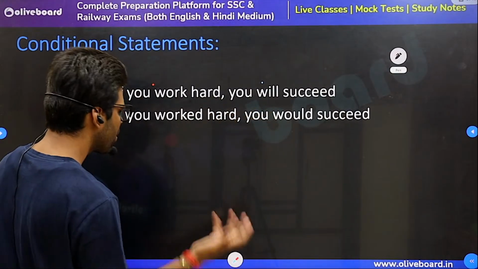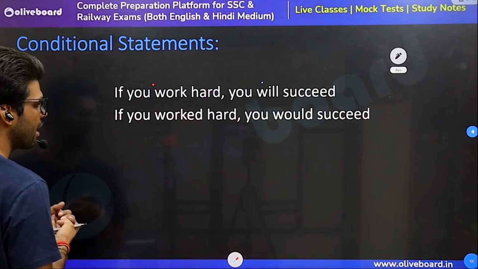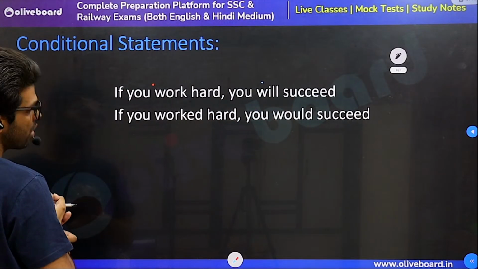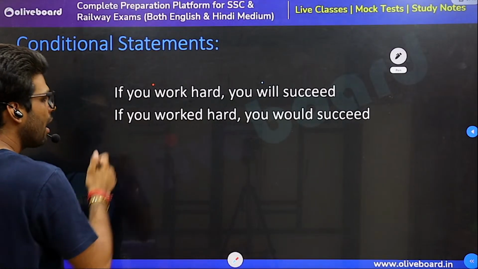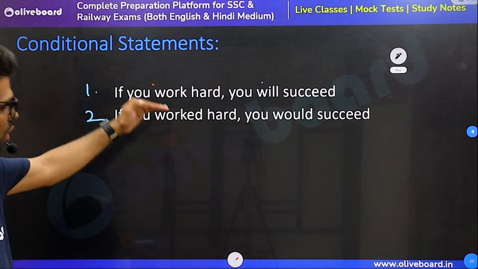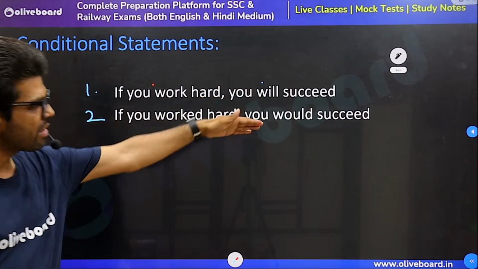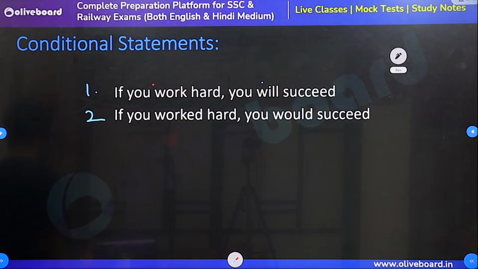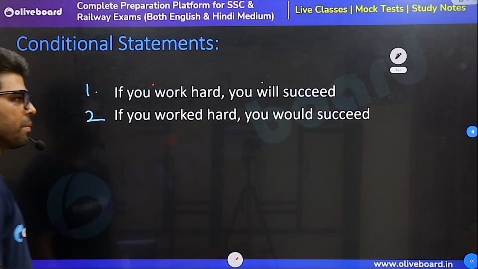Maybe in this or that language we say that, because in Hindi we say that. In other languages we say that. Not allowed in English. Let's transform that into past. So if you work hard becomes if you worked hard in past, you will succeed becomes you would succeed. That's the second conditional. Call this common sense or a rule, you have it.